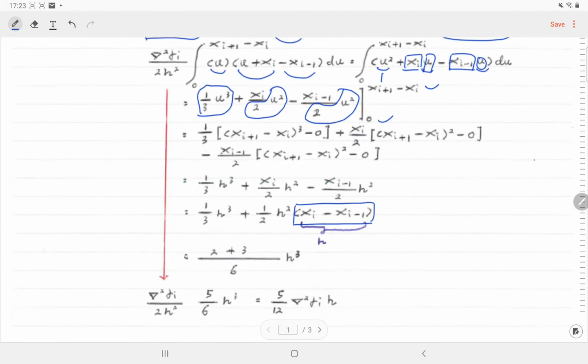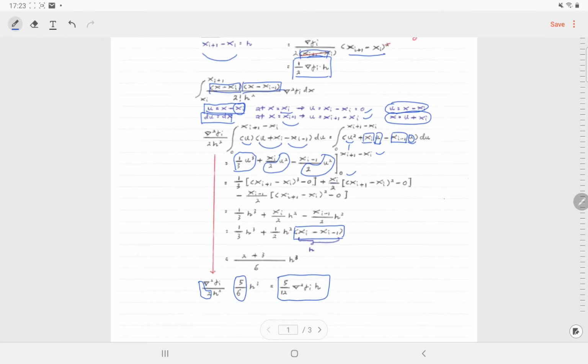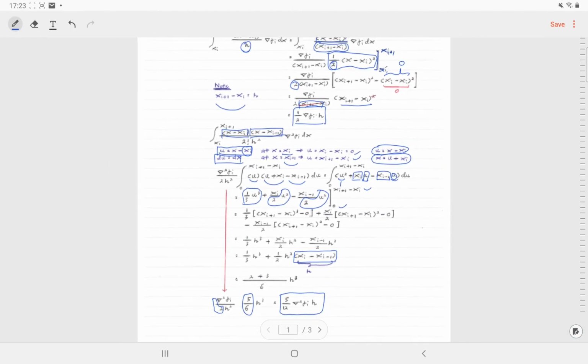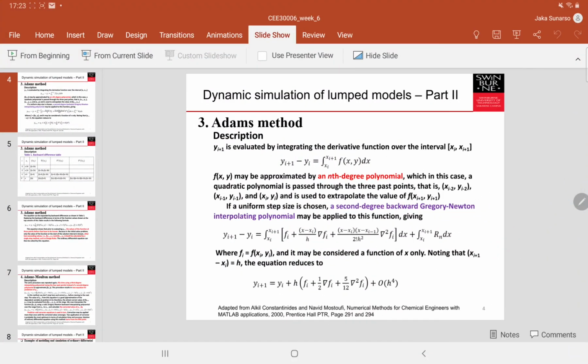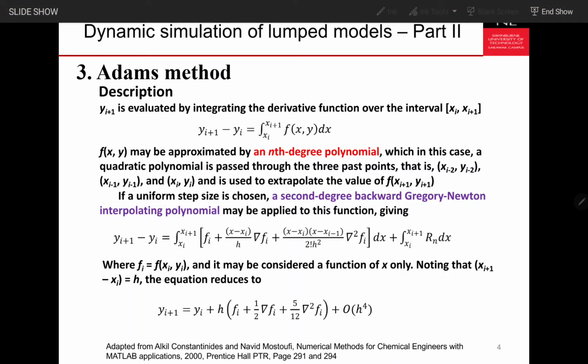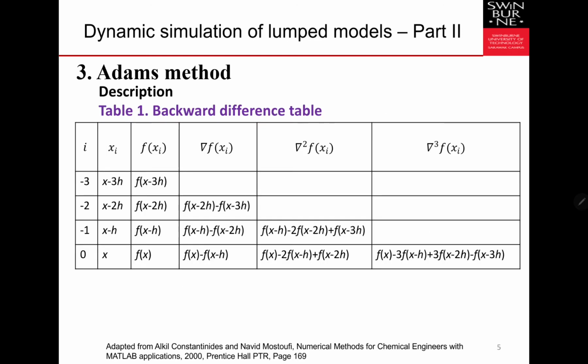Okay, then when we continue further, we don't forget in here that we multiply half with this 5 over 6, then we'll get this 5 divided by 12 of the delta square fi multiplied by h. So if everything is correct, then we should have as a second term half and 5 divided by 12. So we go back here again and then check whether this is correct or not. Okay, so this one is correct and then correct as well. So we know that we are doing the right steps.